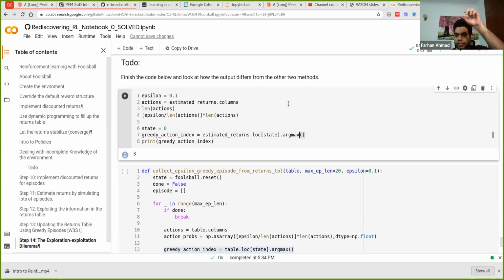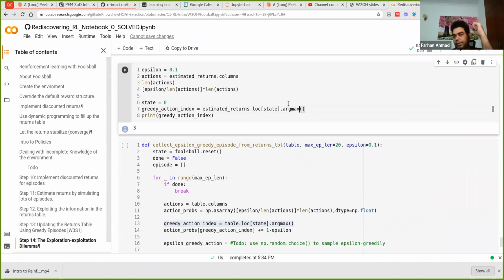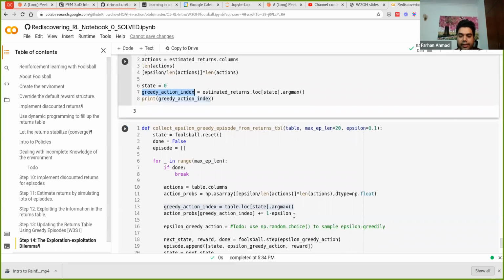There are 4 columns, so this corresponds to south. And if you use idxmax, then idxmax gives you the actual label that you are using for that column, which is south. And this time we are interested in the numeric label because if you look at the next step,